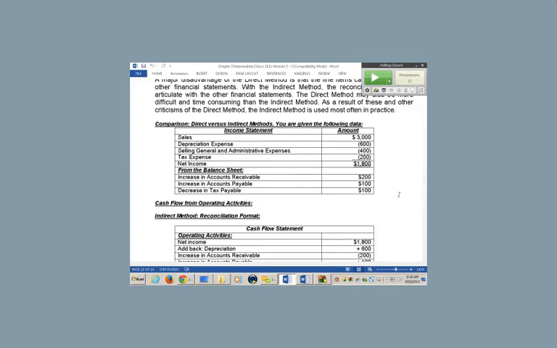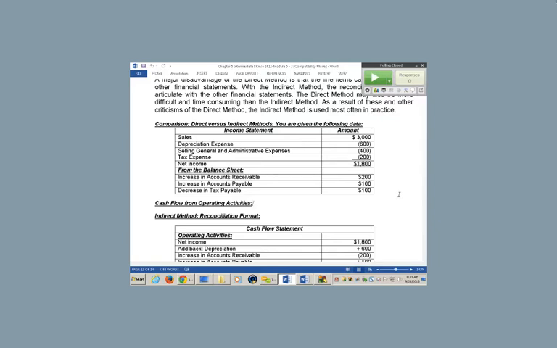Now, the way I like to do this, hopefully I've simplified things for you a little bit, in that you must understand that direct and indirect use the same adjustments. They're just done in slightly different directions. So again, if you look at the illustration, I'll just go over it briefly. You have a company that has sales of 3, depreciation of 6, selling, general and administrative of 4, and tax of 2. And then from the balance sheet, just some selected items, you've got an increase in receivables of 2, an increase in payables of 1, and a decrease in tax payable of 1.